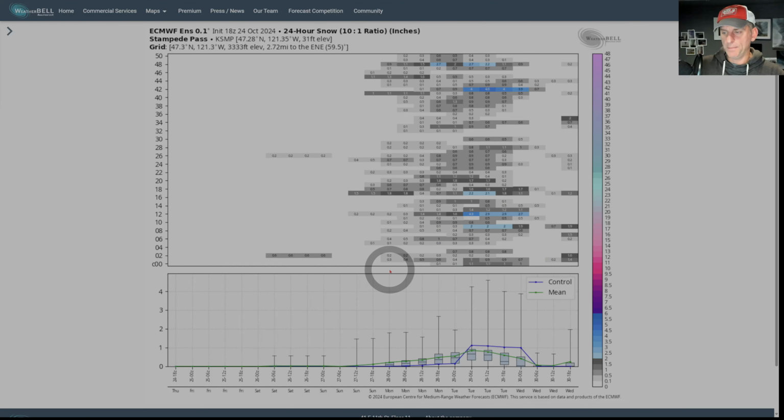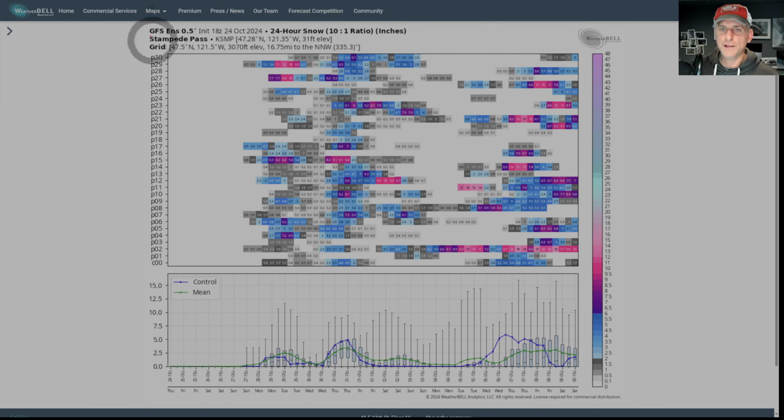Now, looking at Stampede Pass, check it out as far as snowfall is concerned. Some of these individual ensemble members, you could cherry pick some of these. Look at that. What is that? 4.5. You scroll up and you can see 4.6 inches, ensemble member number 43. So you could go shake down number 43 and see exactly what is driving all that snow. But you wouldn't make a forecast and just say, hey, we're going to get 4 to 5 inches at Stampede Pass. Obviously, the control and the mean agree about an inch during this 24-hour period.